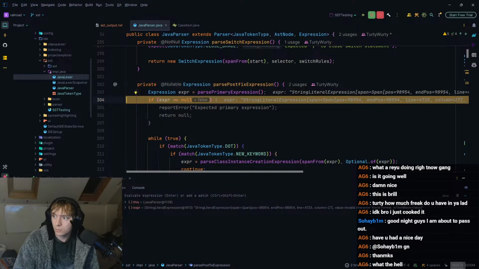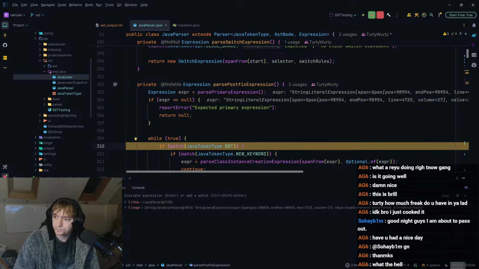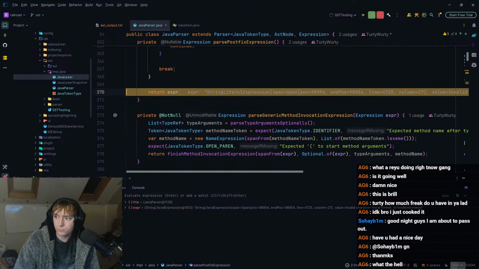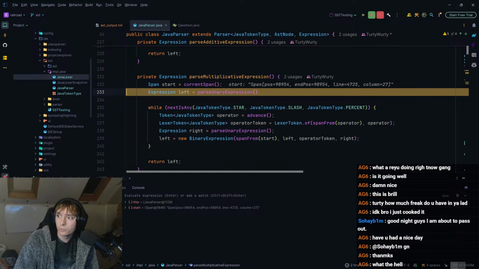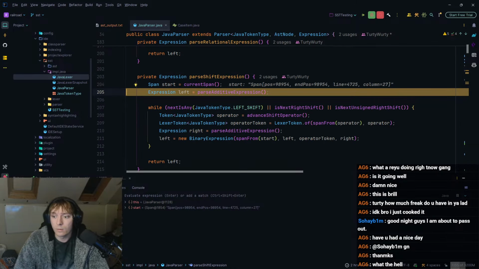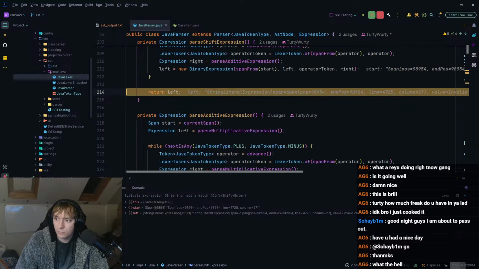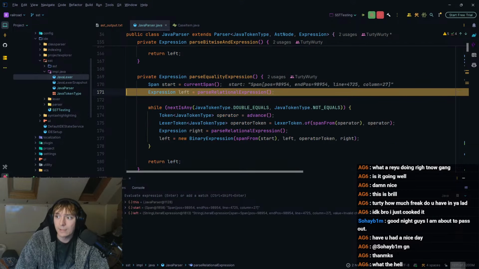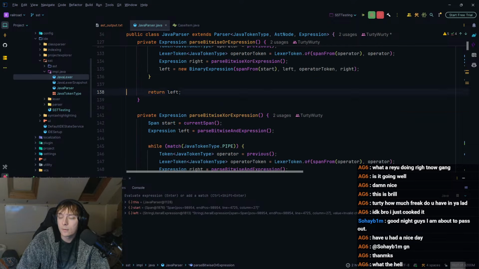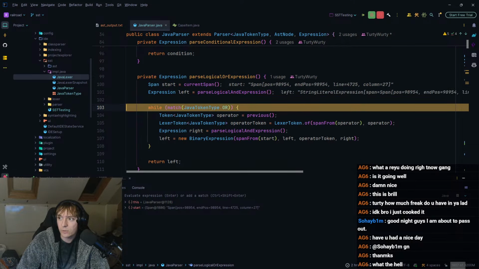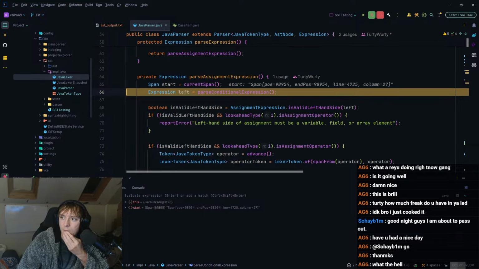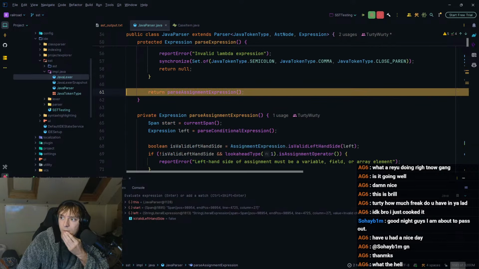Boom. Okay. No. Boom. Basically go until we reach the next one. Somewhere we should find the expression statement, at which point it should hit a semicolon, and then it knows to go on to the next expression. Hopefully. That's the theory. And then we can figure out exactly what's happening.